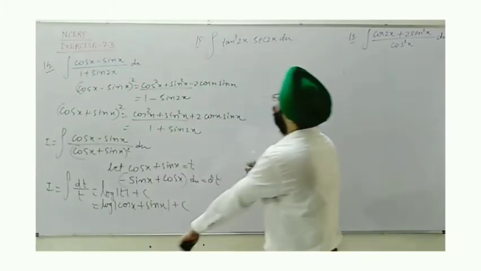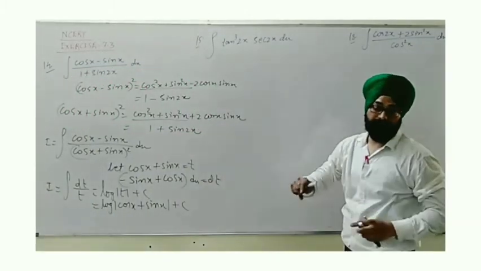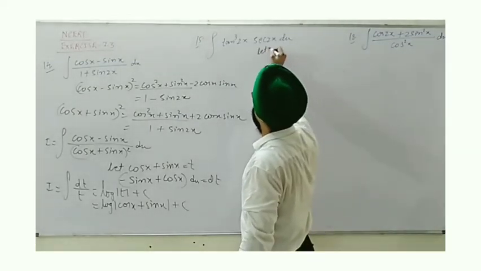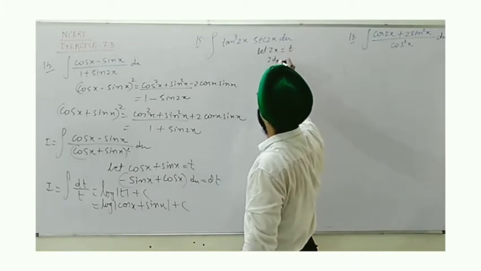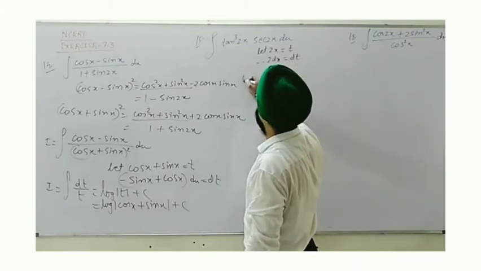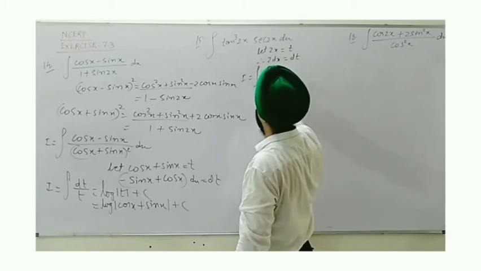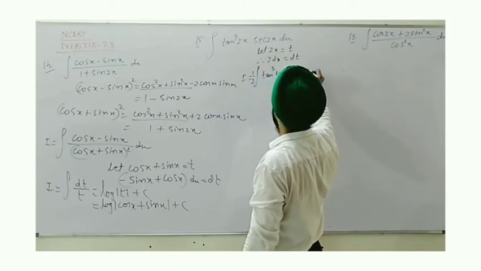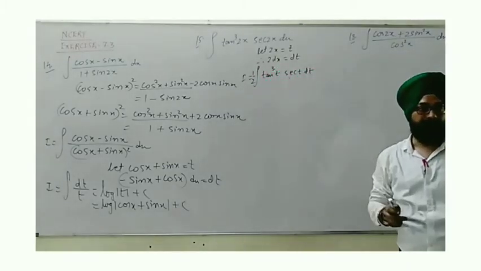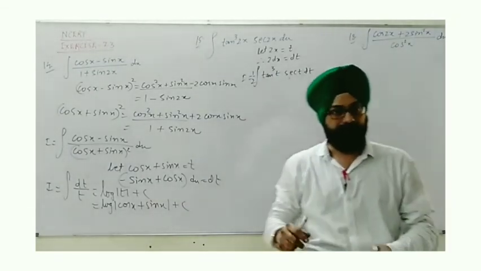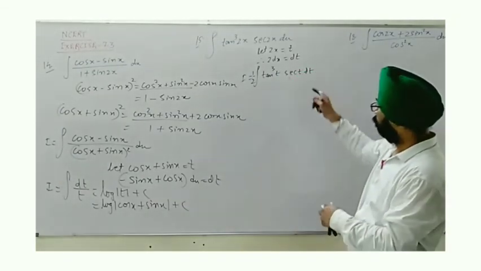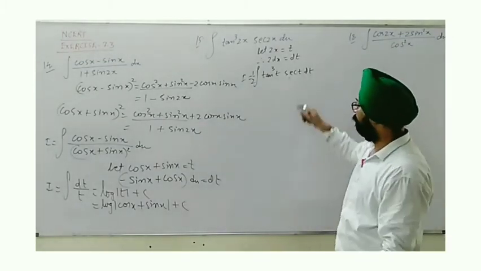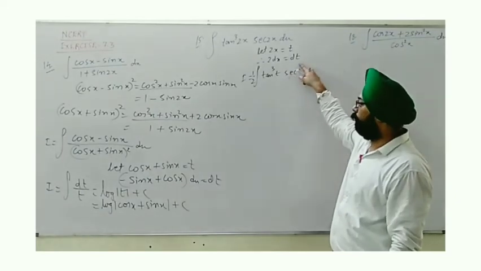Now the next one. Here again we have a product of functions, but tan and sec, a group of tan and sec. So first of all, I suggest use substitution. Let 2x be t, so 2 dx becomes dt. The integration can be written as half tan cube t sec t dt. Now wherever pairs of sec and tan are there, you might have seen in the basics in previous modules, either tan or sec we have to substitute as t. Just let's check this. Here we have sec raised to the power 1.